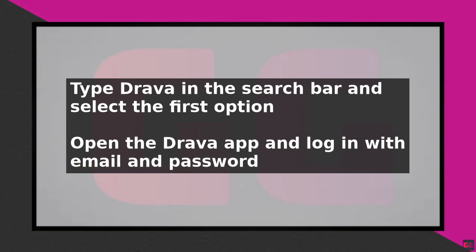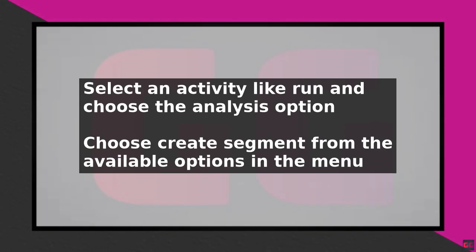Next, exit the Obsor and find the Strava app. Then open it. To proceed, log in with your email and password, and navigate to your activities, which can be found in the bottom right corner. Note that segments cannot be created on the Strava mobile app, but you can use the website for a wider